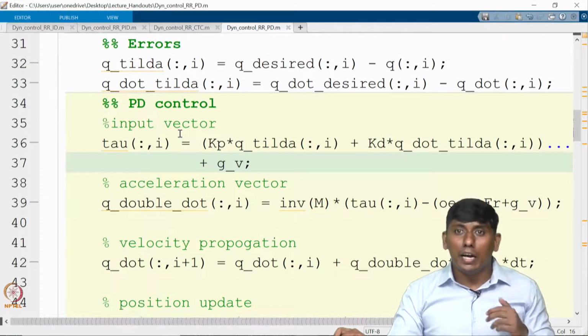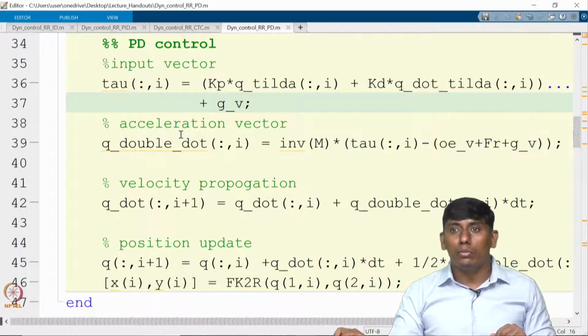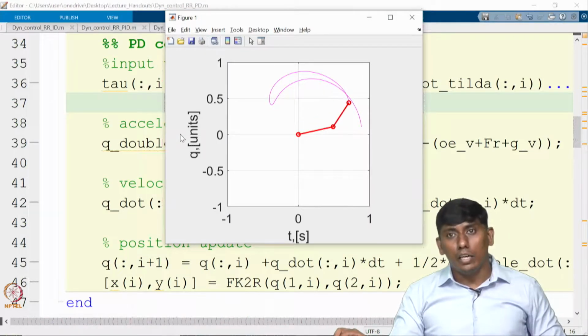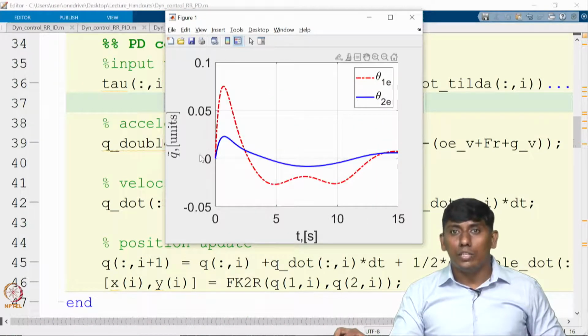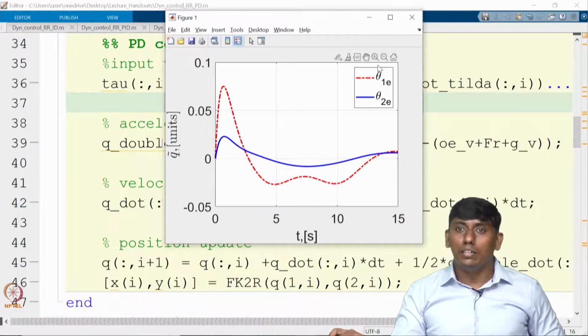If your mass is very high, then we have to tune the Kp and Kd. Right now we need not do it. Remaining everything is the same. So if I run this PD control, you can see it would have a small steady state error. Earlier, the computed torque control without friction was almost 0, in the order of 10 power minus 4, in the sense milliradians. But here it is centiradians at least, right. So that is one issue.